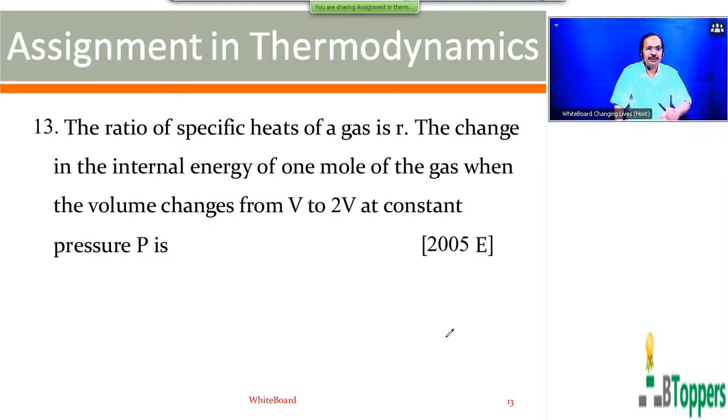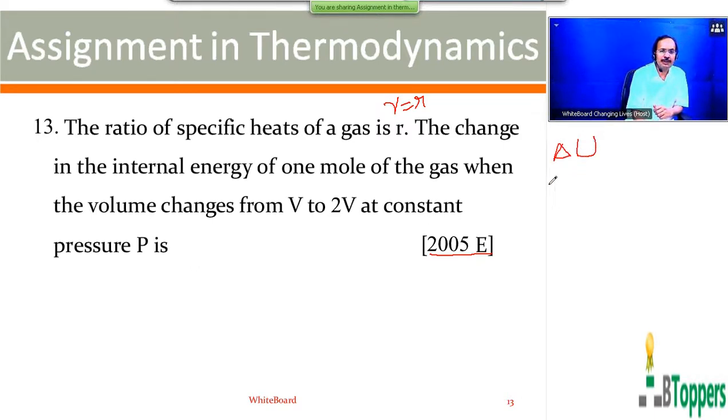Look at the next question, question number 13. This question was given in the past in the 2005 EAMCET engineering entrance in Andhra Pradesh. The ratio of specific heats of a gas is denoted here by small letter r, that means gamma is denoted by small r. Find the change in internal energy of 1 mole of the gas when the volume is changed from V to 2V at constant pressure P. For a fixed mass of an ideal gas in any process,